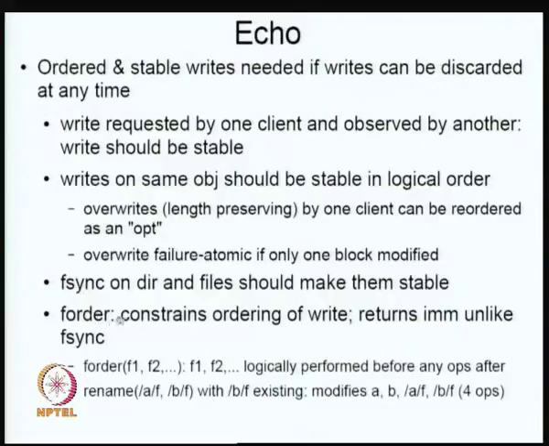The other thing that is different about fsync and F order is, with fsync you wait till it is committed to disk. That means it's a synchronous operation, and the only reason why it's called fsync is because it's synchronous. You are sure that at the end of it you have done it. Whereas F order constrains the ordering of writes, but it returns immediately, unlike fsync. Basically this is just telling you what the order should be. You are intimating to the file system: please flush in this order.